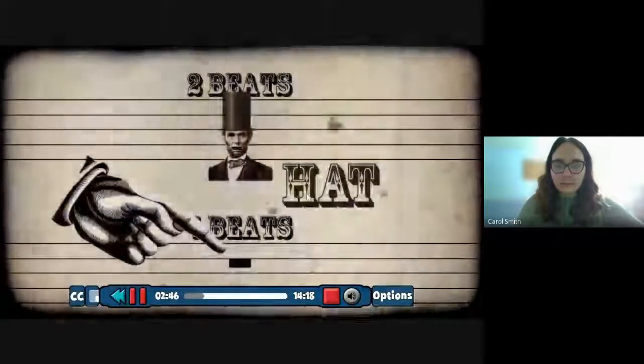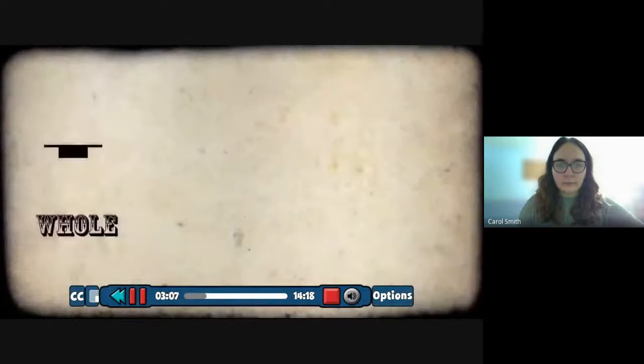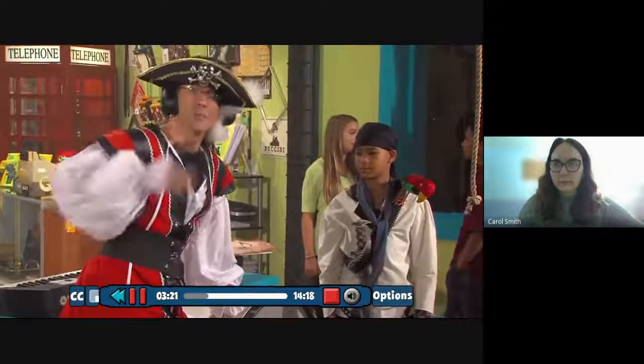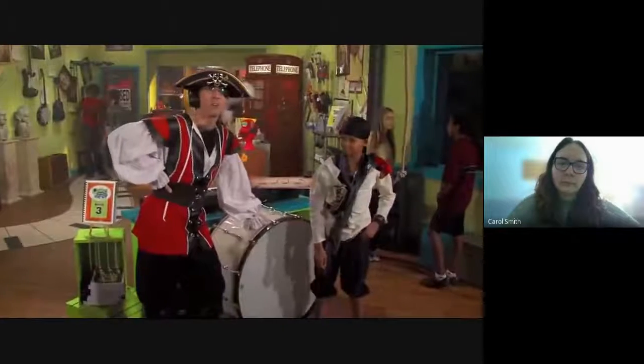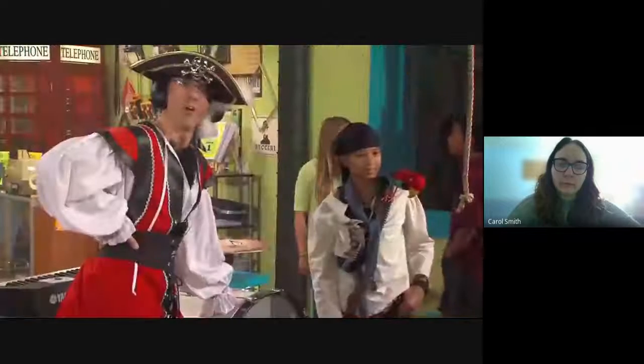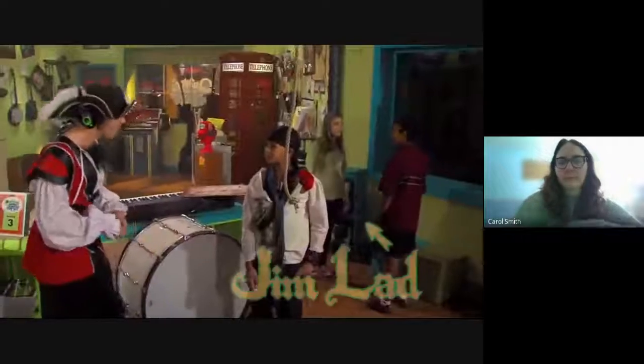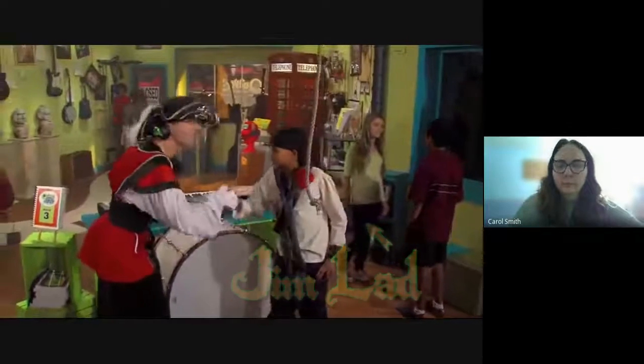There's a hole there. I have not the foggiest idea, but you'll never forget it. We're asking ourselves this question. How long does a whole note last? How long does a half note last? How long does a quarter note last? And how long does an 8th note last? I'm joined by Jim Ladd, who is a professional foghorn player from Nantucket.